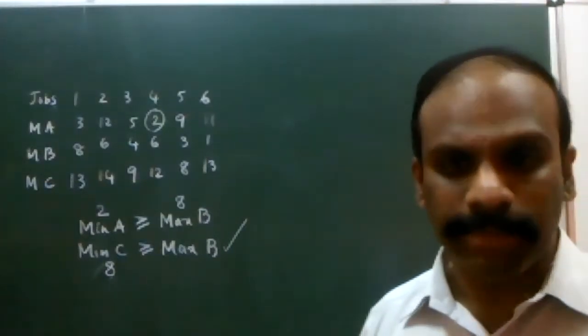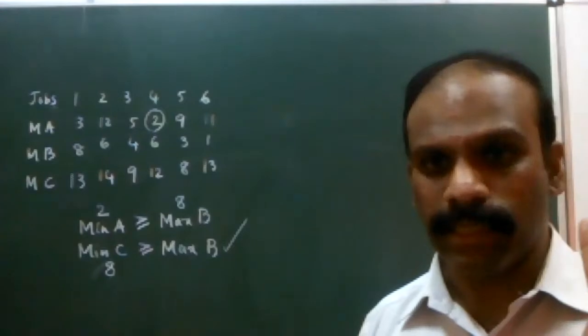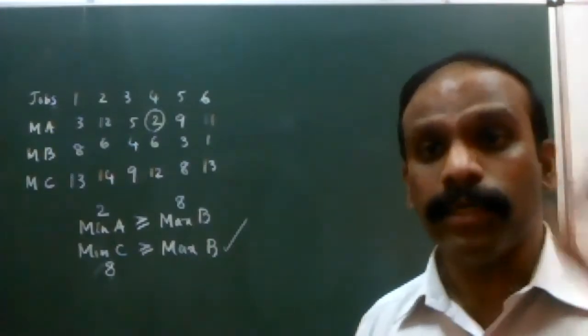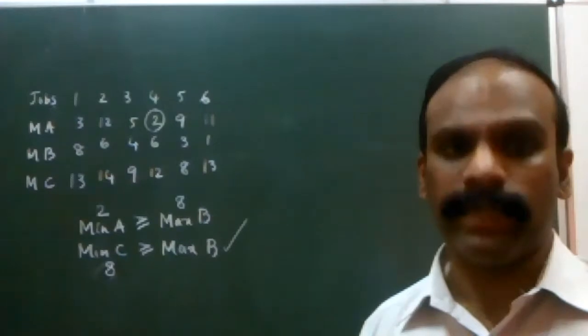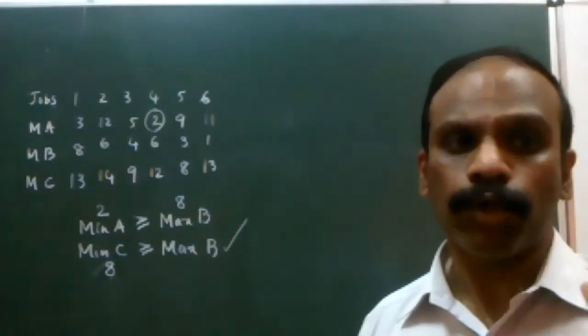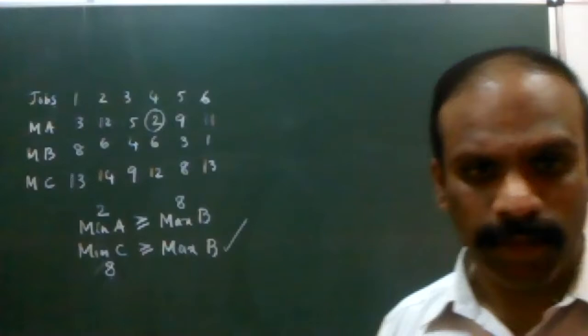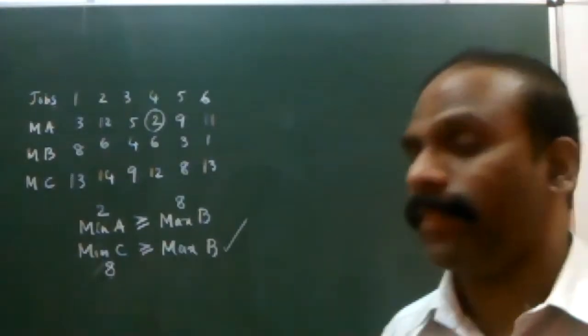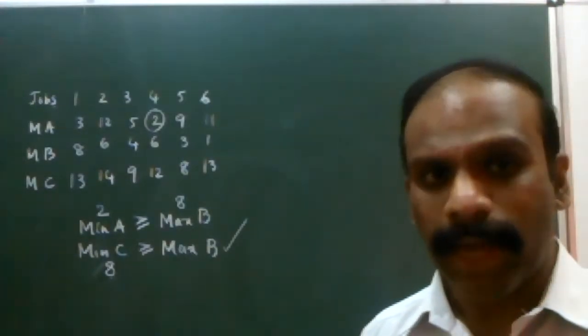And therefore, now we can convert this 3 machine problem to a 2 machine problem. Out of the 4 conditions, at least one condition should be satisfied. Only if one of these conditions is satisfied, you are free to convert it to a 2 machine problem. Is everybody clear with this particular method now? Any doubts? No, sir.